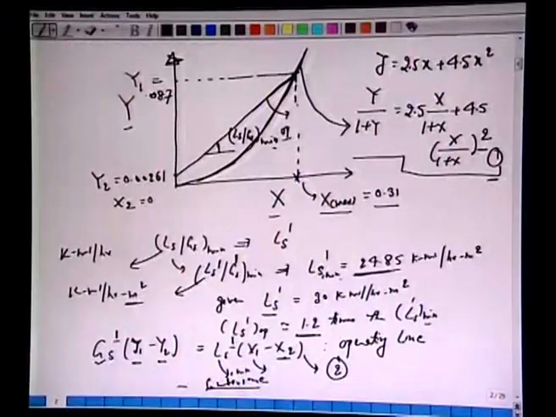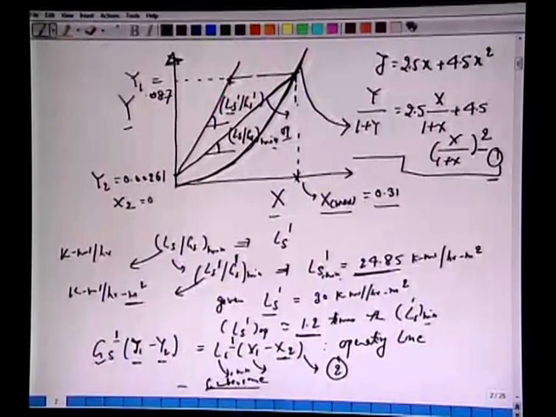Okay, so, let us get back to this problem. This is LS by GS minimum, and of course, we are running at operating curve LS prime by GS prime, both are given to us. LS prime is 30 kilomole per hour per meter square, and GS prime is given to us as 10 kilomole per hour per meter square. From this, if we can draw this line, this will give us the operating x1, which will turn out to be 0.02588.